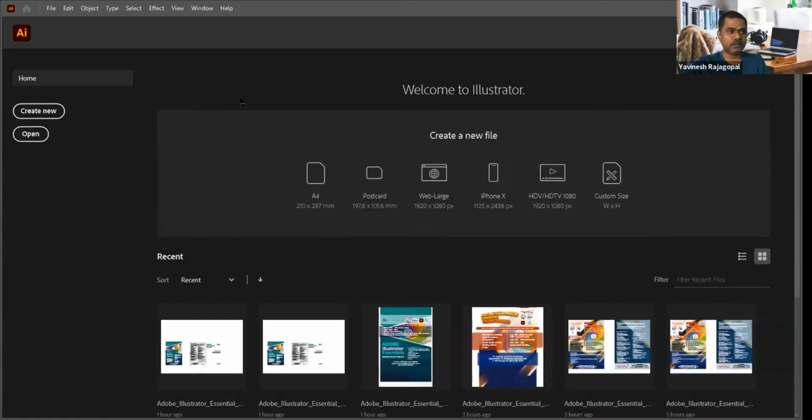Okay, so the first screen that you're going to see is something like this, but it depends on the version that you're using. I'm using version 2020 right now. The first time you launch, you will get a welcome screen, something like this. At the bottom here, there are recent files, the previously designed files,